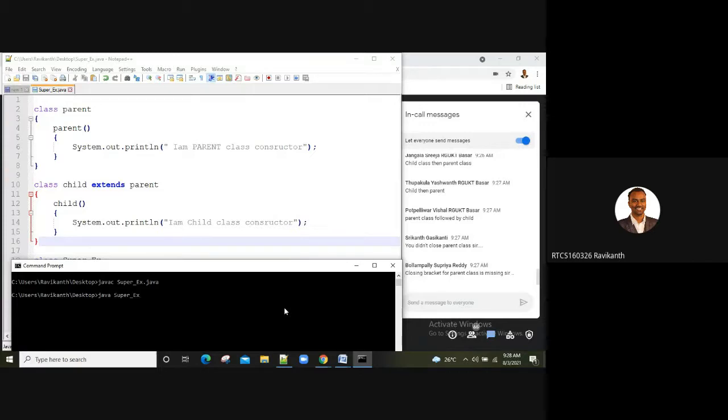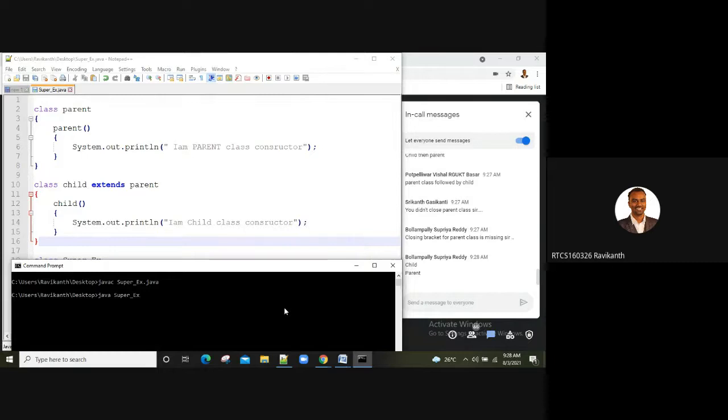Finally, who wants to give me the output? What are you expecting? Supriya, Srikant, what is your output? Child parent or parent child? Come on, guys. Why, Vijay? Again, you have changed your output.